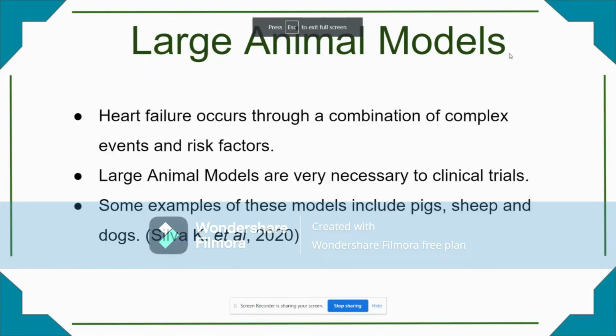The importance of large animal models of heart failure in the development and testing of efficacy of new therapies cannot be disputed. Porcine, ovine, and canine models have all been used for this purpose. They are necessary in trials due to the fact that the combination of events and risk factors that lead to heart failure make finding new methodologies very difficult. Such events and factors may include physical inactivity, obesity, hypertension, type 2 diabetes, kidney disease, as well as age and